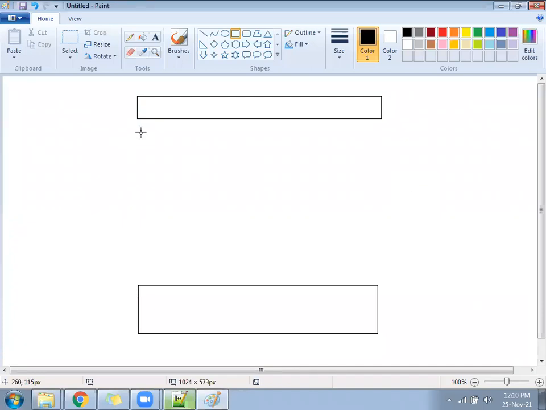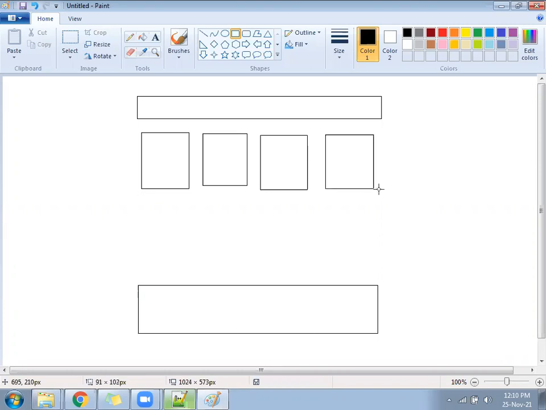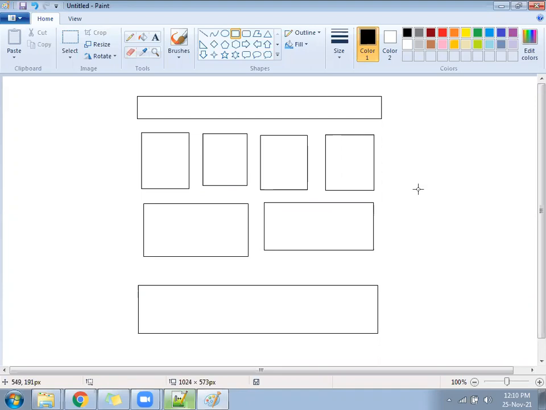Now come there. In between now, suppose you have small boxes like this. 1 box, 2 box, 3 box, 4 box. So this all looks similar. So we will create the ID or class. We will create the class for this. You will write one class for these 4, and you will write another class for these 2. So you will write overall CSS how many times? First one, second one 2 times, and one is for this 3 times, and one is for this 4 times. If you follow the ID, then 1 here, 2 here, 3, 4, 5, 6, 7, 8 times.